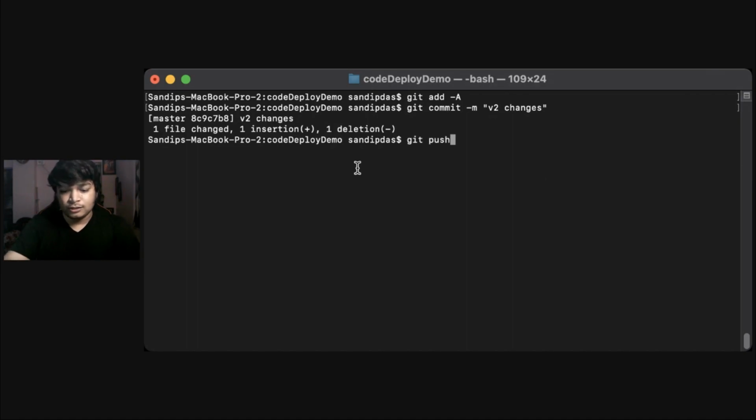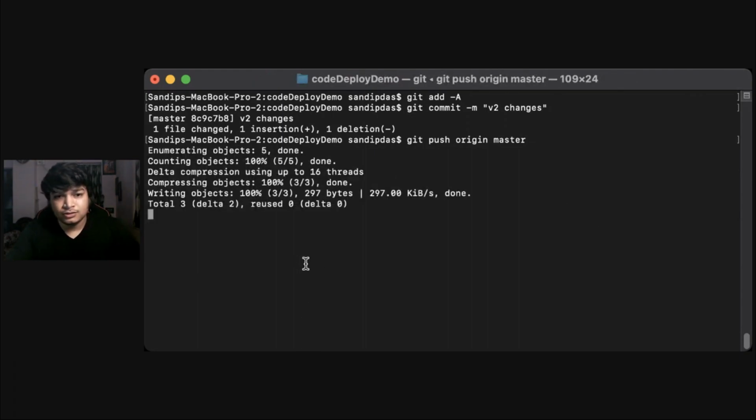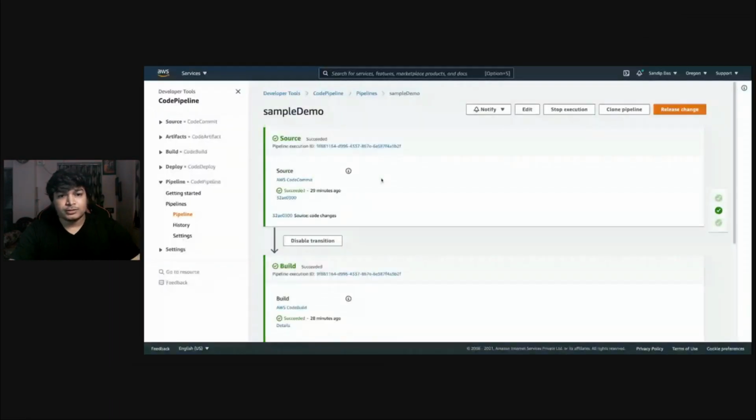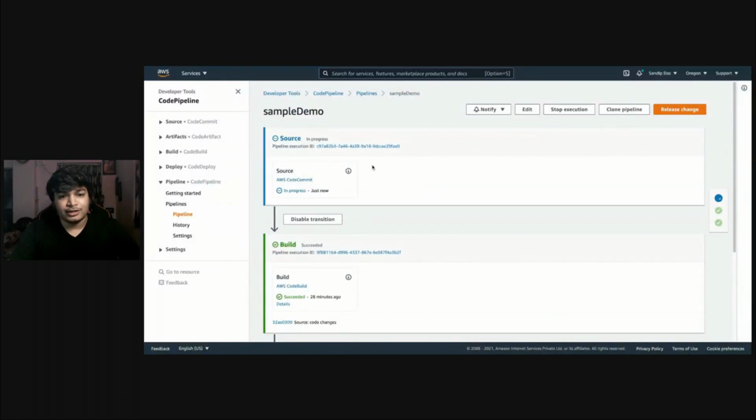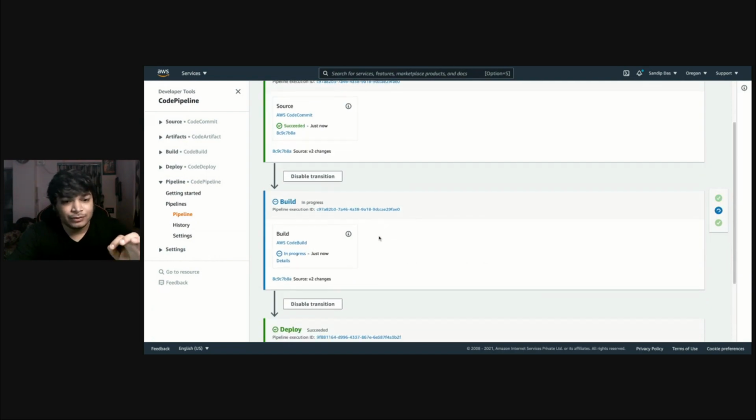Now, as soon as I push the code, you will see it will trigger the CodePipeline. So let's just wait first. Okay, now code is pushed. We can see, you don't even have to refresh. You can see here in this source part, where I actually have the link with the project, that was CodeCommit, the source getting processed, and then after that you will see the build will get processed,